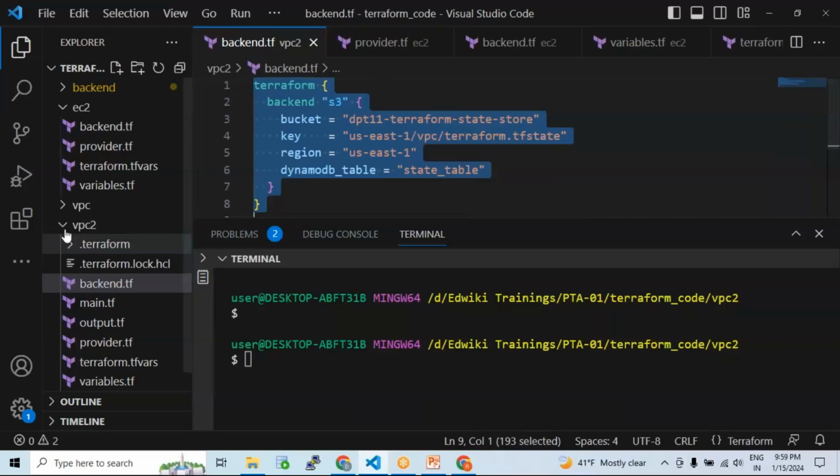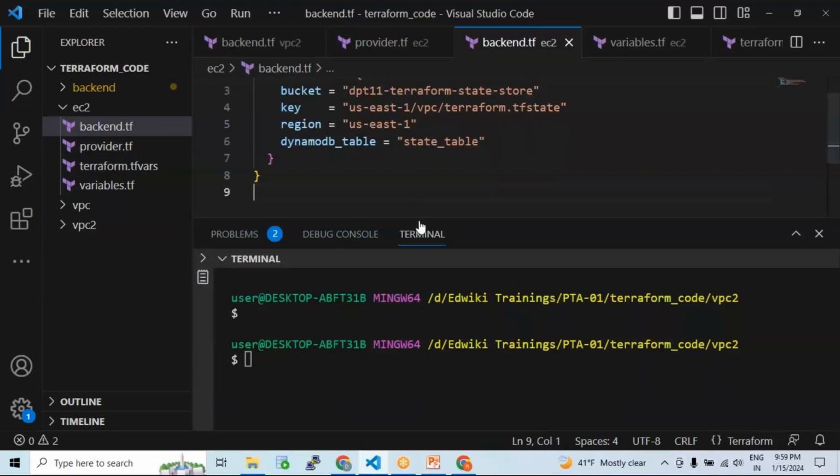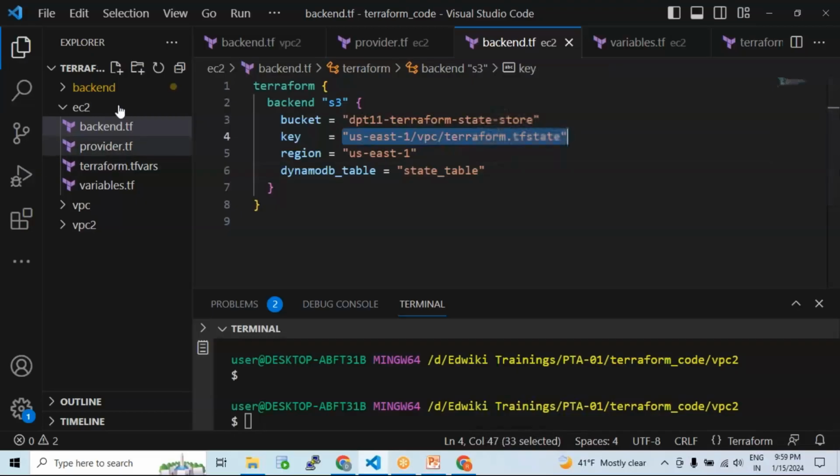Let me copy this syntax. Now let me use it here. What are the changes that I need to do here? You can use the same DynamoDB table for multiple projects. You can use the same bucket name for multiple projects, but ensure that you are changing the key location, correct? This is a new project, right? The new project state file will have a new location, correct? So here I'll say that